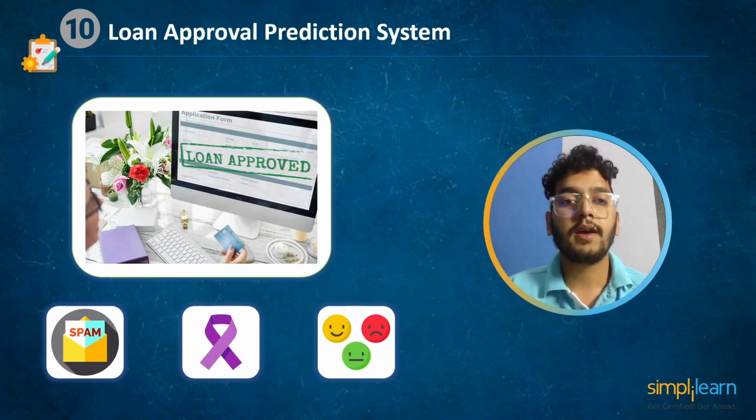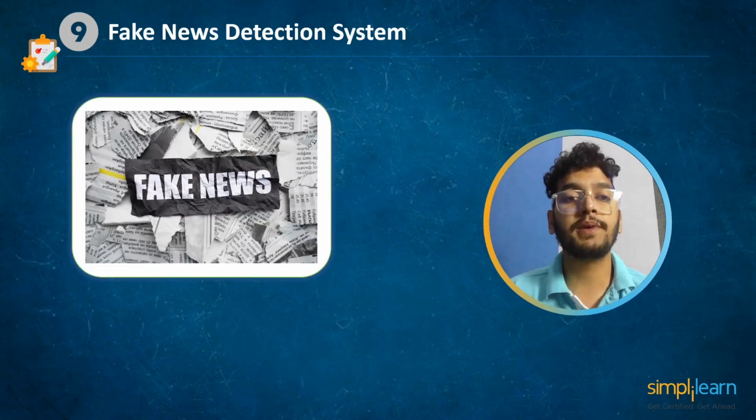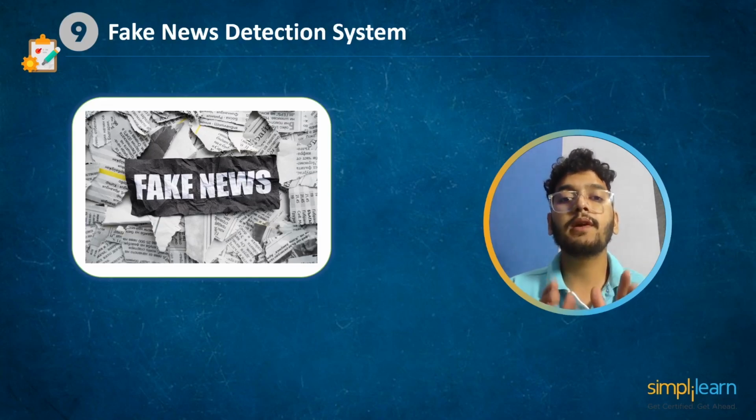loan prediction system. At number 9, we have fake news detection system. Do you believe in everything you read in social media? Isn't it true that not all news is true? But how will you recognize fake news? ML is the answer. You will be able to tell the difference between real and fake news by practicing this project